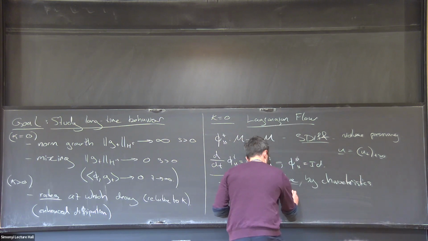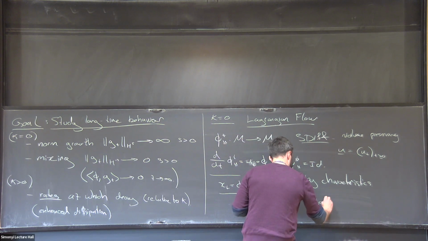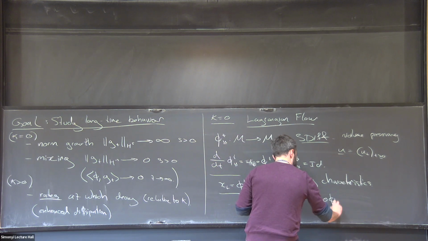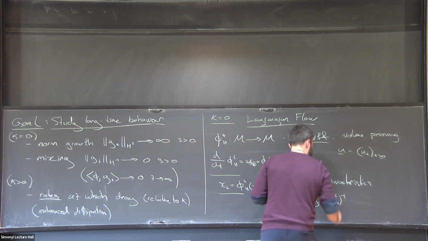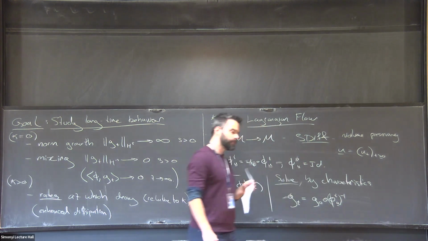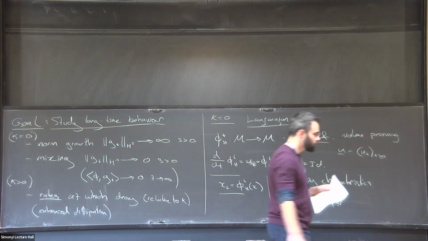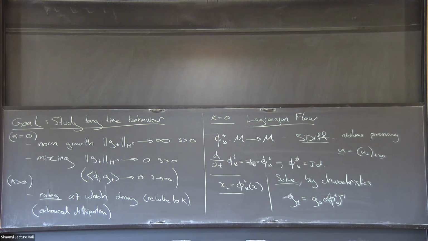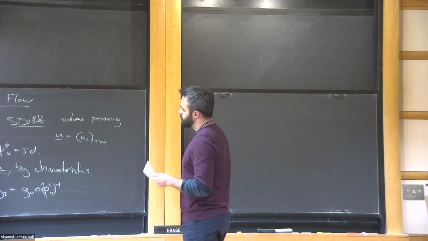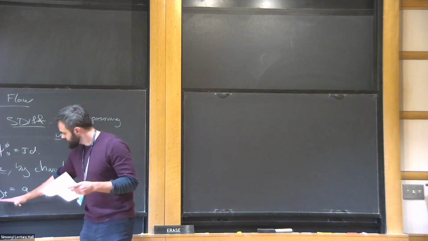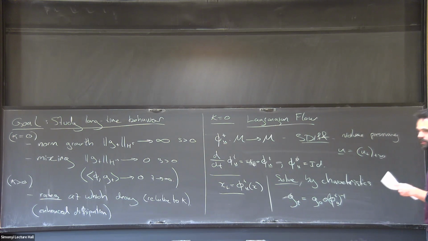Of course, I can always write my solution G as just, in some sense, the push forward of the initial data under this diffeomorphism. Note that because I'm volume preserving here, I don't really have to worry about determinants or anything like that. And so now, because I can relate behavior of G to behavior of this diffeomorphism,